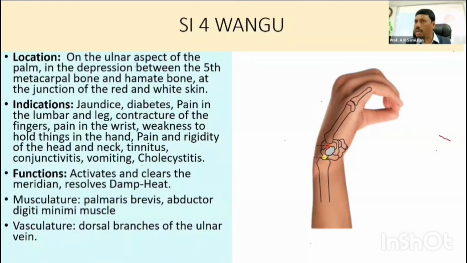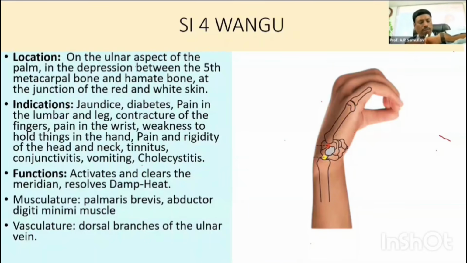GB38 is equivalent to SI3. GB38 is the son point, SI3 is the mother point, so it takes energy from the gallbladder. Remember, that's the reason you use the point of the gallbladder and small intestine meeting, known as SI3. So hopefully we can see where the SI3 point is located. Inside the bone, in the depression, you just apply it and ask them to take a deep breath while inserting the needle. This point is known as SI3.